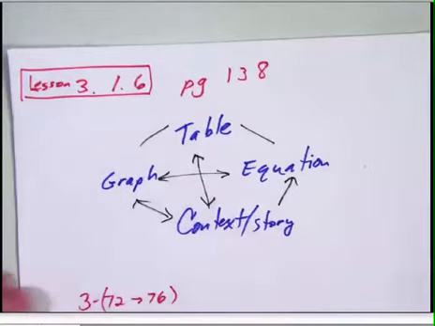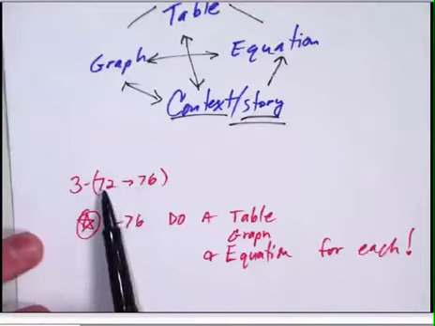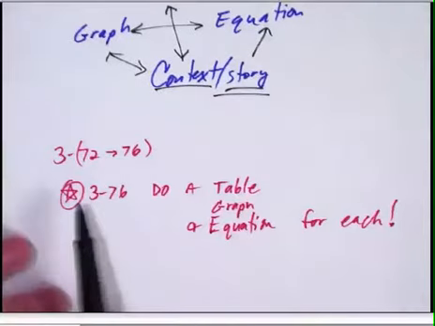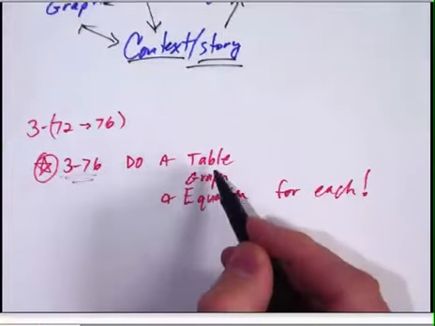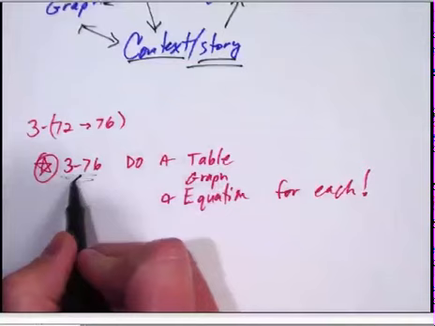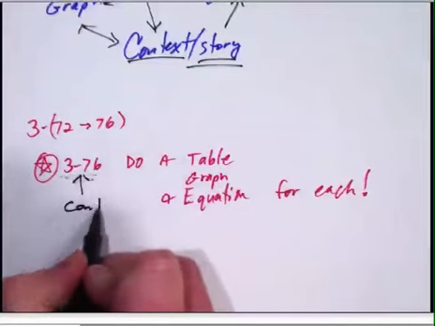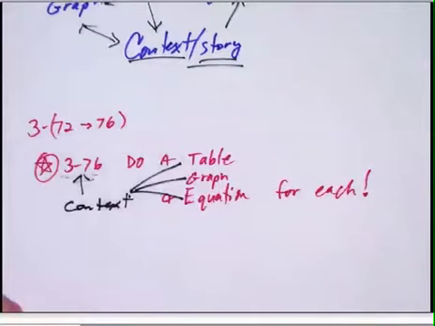You have an opportunity to be somewhat creative today, so you can create some of these. You're going to be creating your own context or your own story. Make it up, but make sure that it fits the problems, or make sure that it fits the context. The problems you're going to be working on are 72 to 76. When you get to the last one, 76, it's an important one because you need to do a table, a graph, and an equation for each. They give you a story. They give you the context. You need to turn the context into that, and that into that,